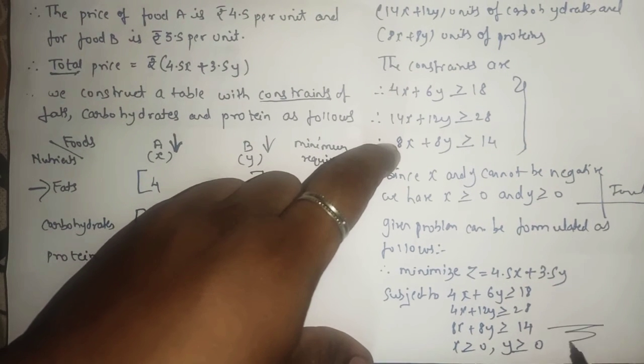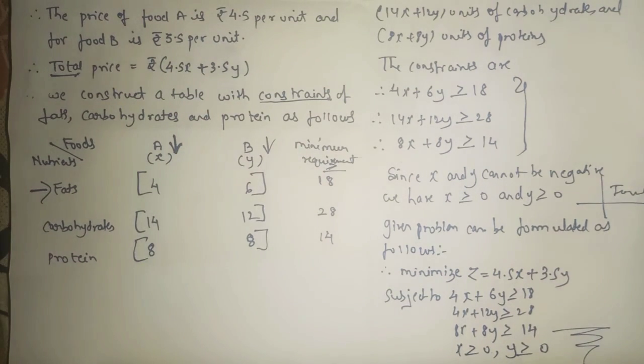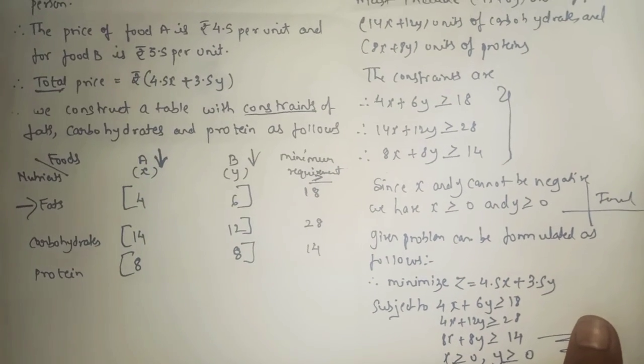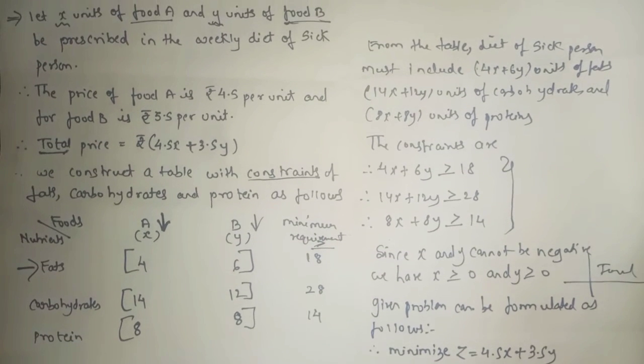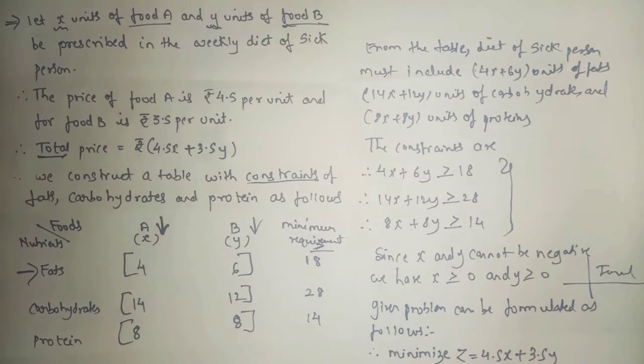So in this way you will frame your equation, you will formulate the LPP. I hope you all understood sum number three also, as your first sum was based on maximize, second sum was based on maximize, but the third sum was based on minimize.